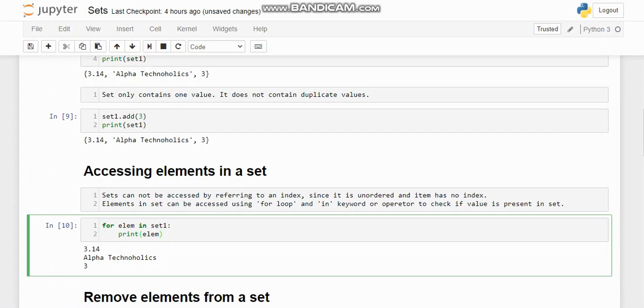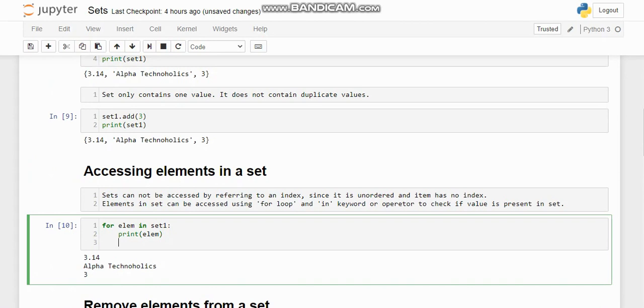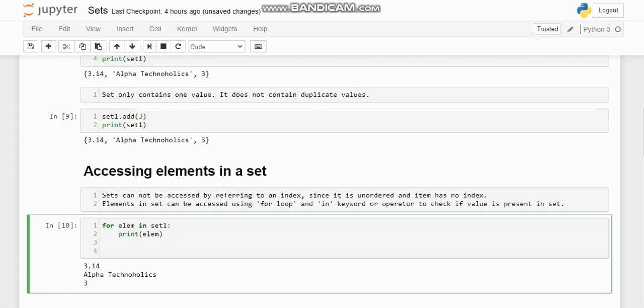Another way is using the in keyword. So what does this in keyword do? We will just look at that.